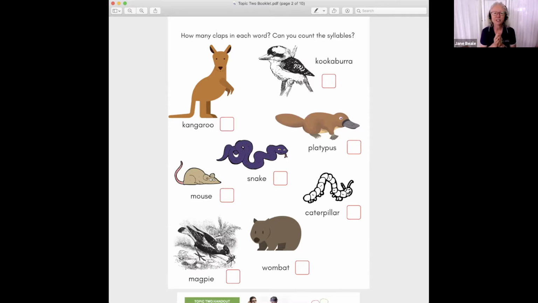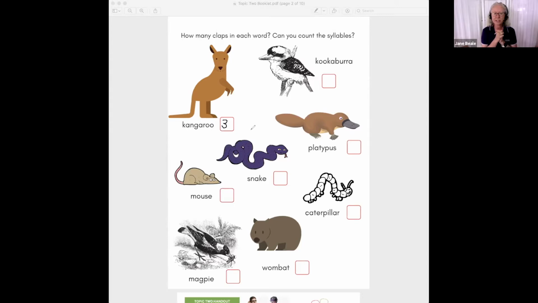So if you find yourself when you get to snake and you're like, I don't know how many syllables in snake, all you have to do is just say it naturally, okay? Snake. Shall we all try and clap that one? Snake. Snake. Okay, so I'll just show you on here. I'm just going to annotate. So I'm in kangaroo, I'm just going to put a 3 like that, because I can hear kangaroo,